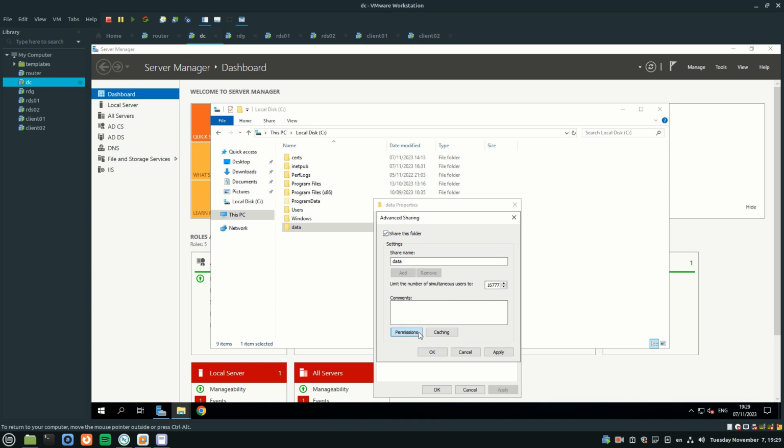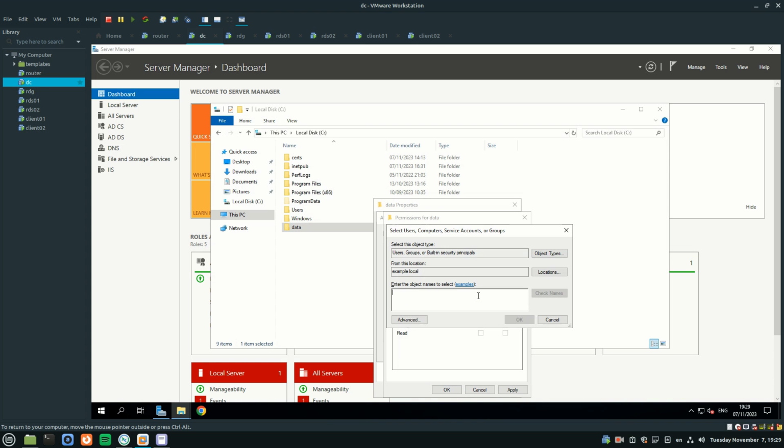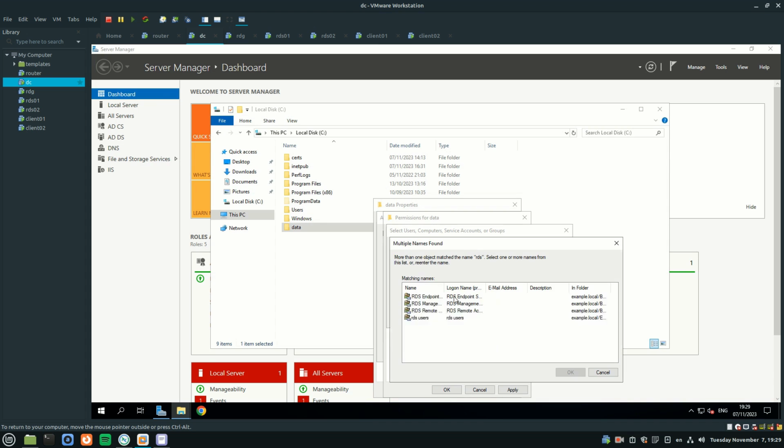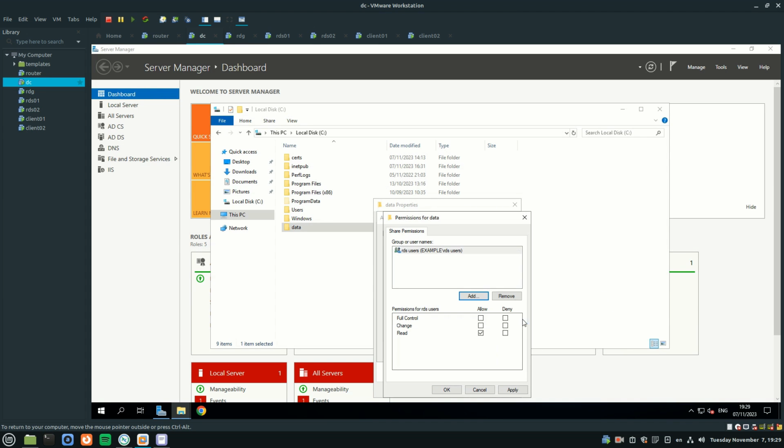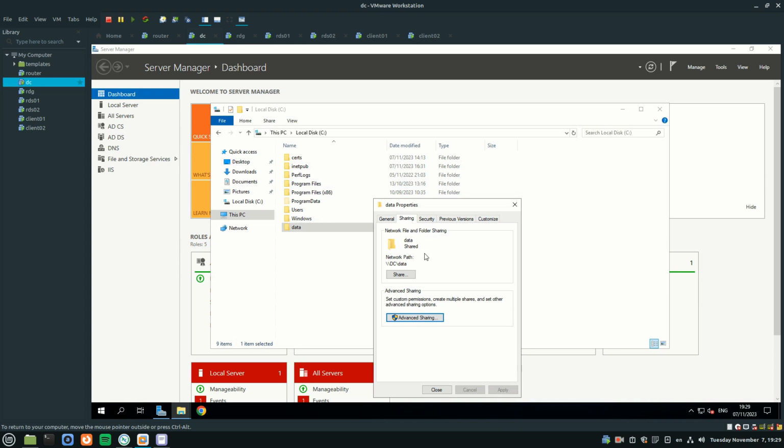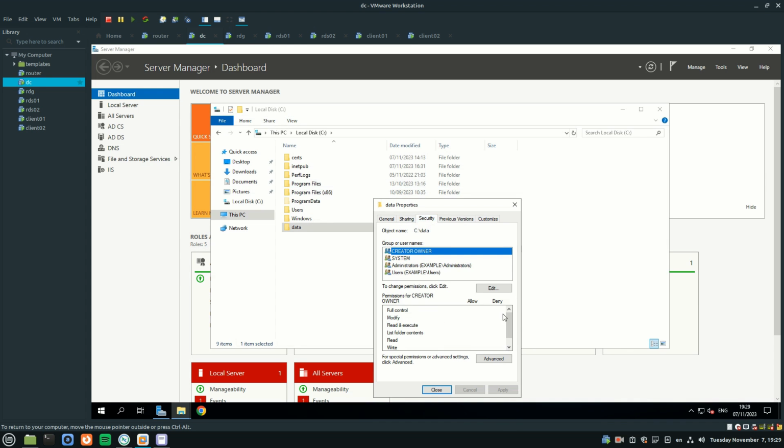I will share the folder and give permission to RDS users. And in security tab also.